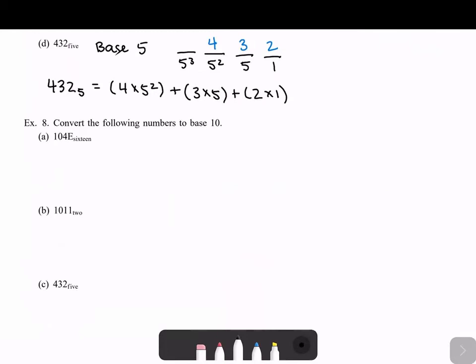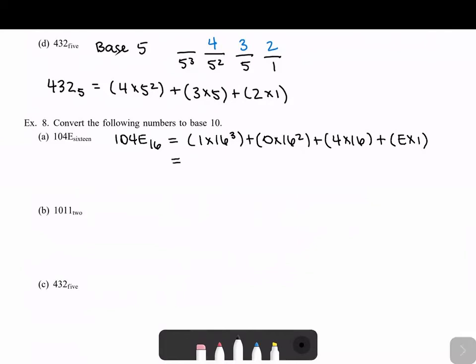So we have 104e base 16. So I'm just going to copy the expanded form that we wrote right above. So we have 1 times 16 cubed plus 0 times 16 squared plus 4 times 16 plus e times 1, right? So this is the expanded form that we have for this example right above. So whenever we want to convert these things to base 10, we just multiply them out